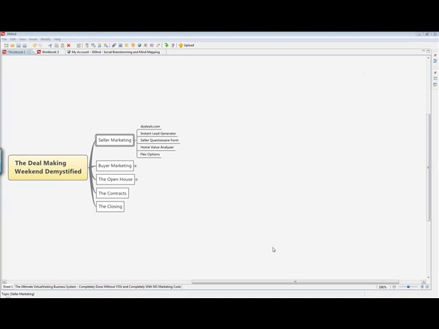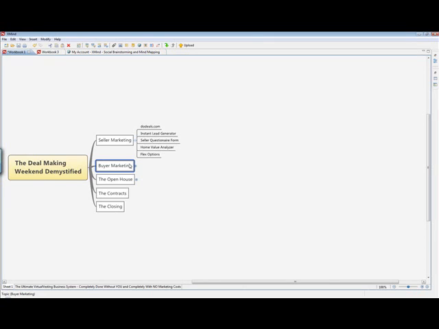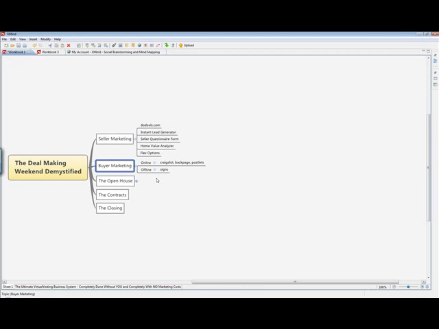All right. So let me go to the next part here, which is the buyer marketing. So what happens now? After we got these flex options and decided which property we're going to market that weekend, we're now ready to market the property, and try to find buyers and tell the buyers that we're going to meet with them.